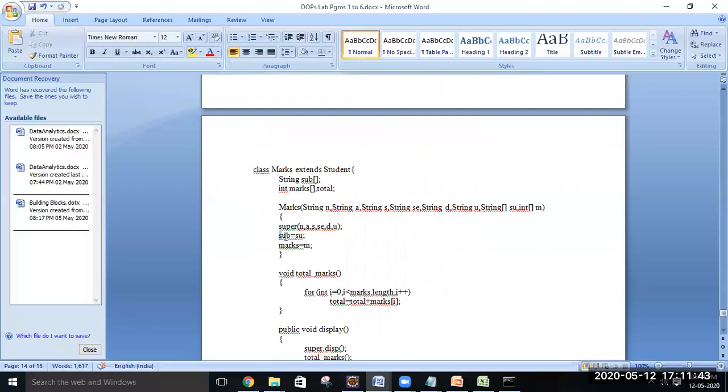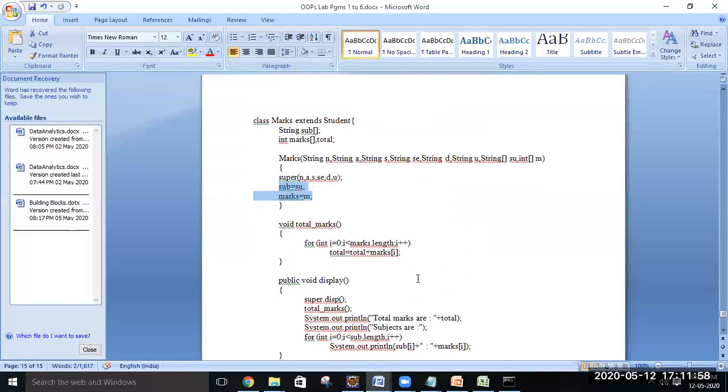Then we are trying to access subject and marks, the data members of the Marks class. Both are arrays, which means that we are trying to get marks of multiple subjects.